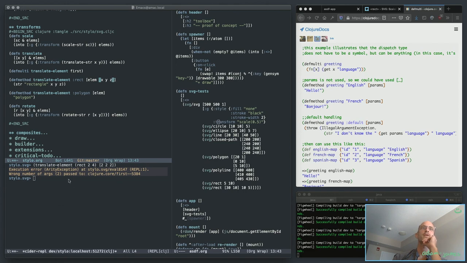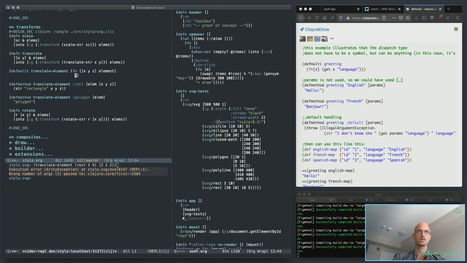So it can't run first because I'm passing this and this into, right? So how would I shape this the way I want it to be? Function XYZ and element. Does that make sense? I don't know. I'll try it. Which is reversed from what I've done here, but